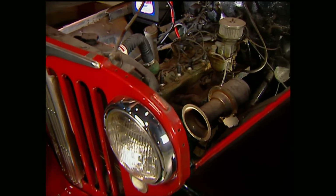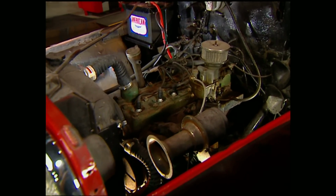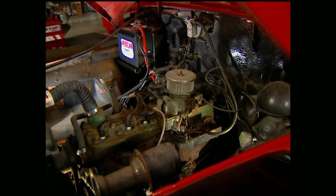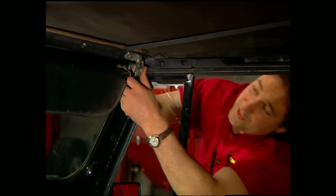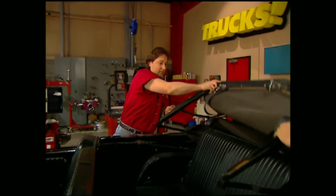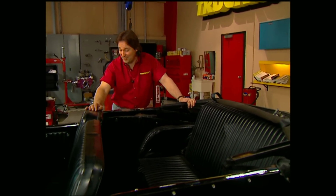Most of the Jeepsters ever made were motivated by a 4-banger, but ours has a rare straight 6 that gets its juice from a 6-volt system and is backed up by a 3-speed manual transmission. The top of the Jeepster was held to the windshield with 3 latches and folded back manually into a rear compartment, revealing a true Phaeton, which means it had a front and a rear seat and, like we said before,